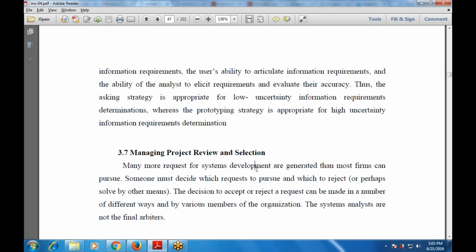So any doubts, anyone? Amity Benjamin, any doubts in this? We can proceed with the next topic, that is managing the project